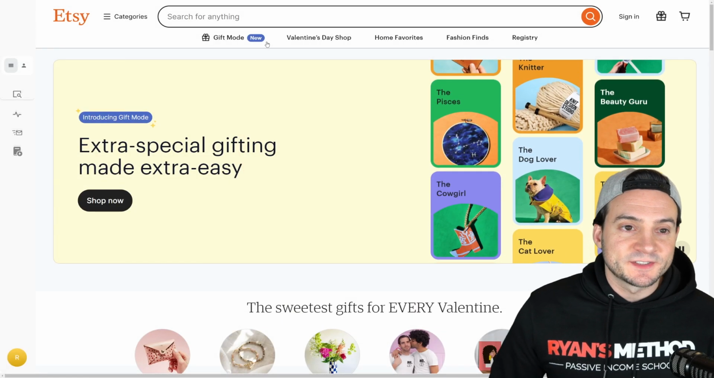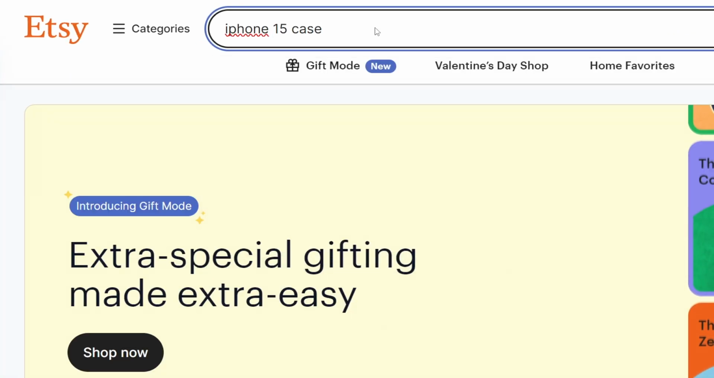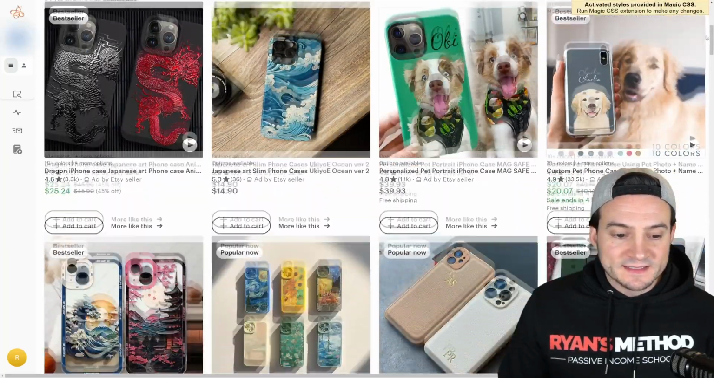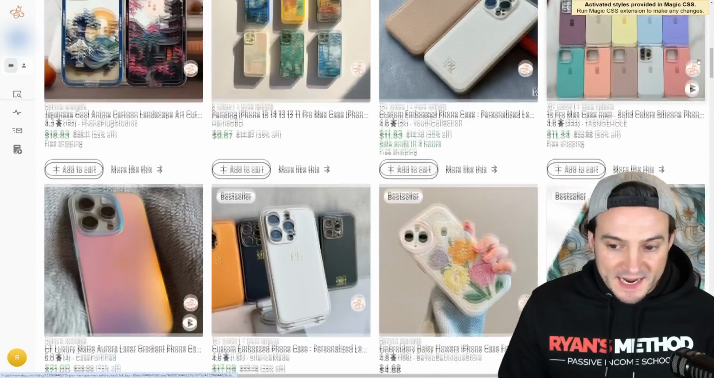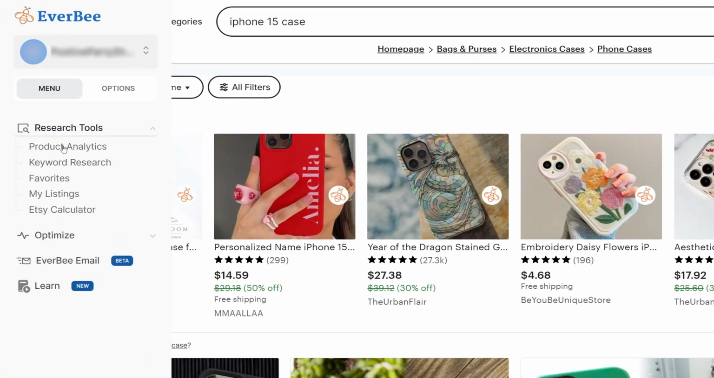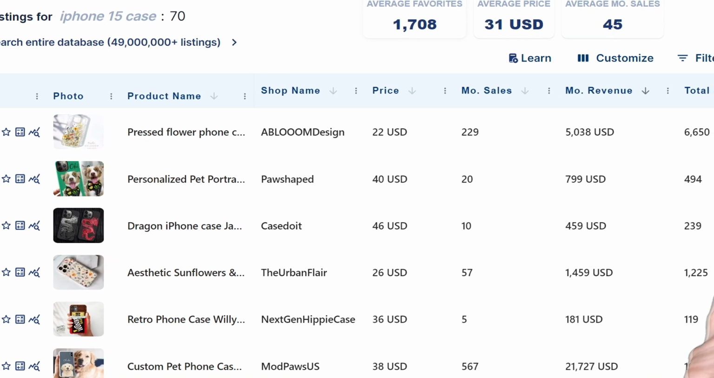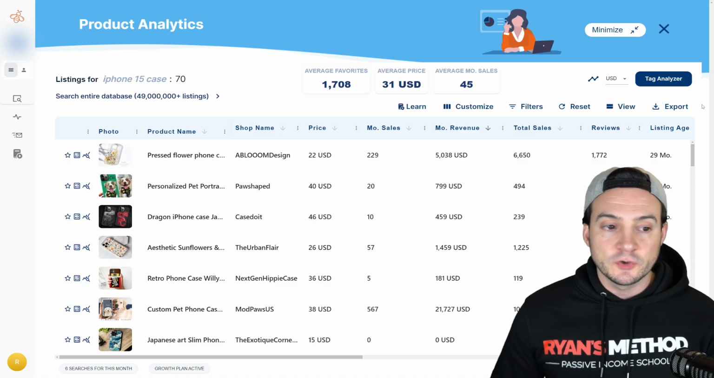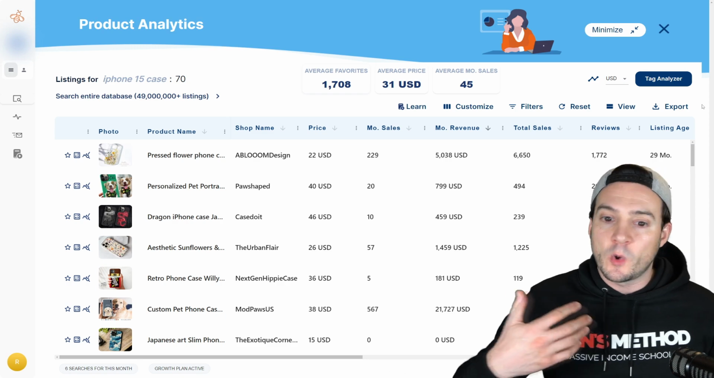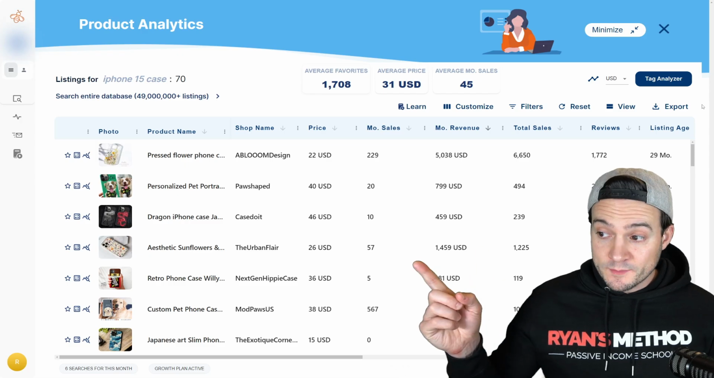So to recap how I got started, I jumped on over to Etsy and just typed in iPhone 15 case. From here, I'm just going to give it a quick scroll and get some inspiration in terms of design. And beyond that, I can also use the Everbee Chrome extension, which is what you see on the left-hand side. I can click Product Analytics, and here it loads up a data table behind me that shows me important metrics for informing my decisions about what niche to sell, what design styles to pursue,